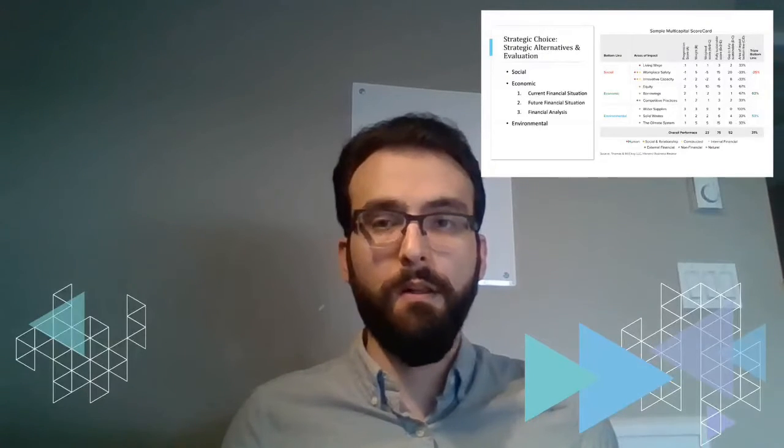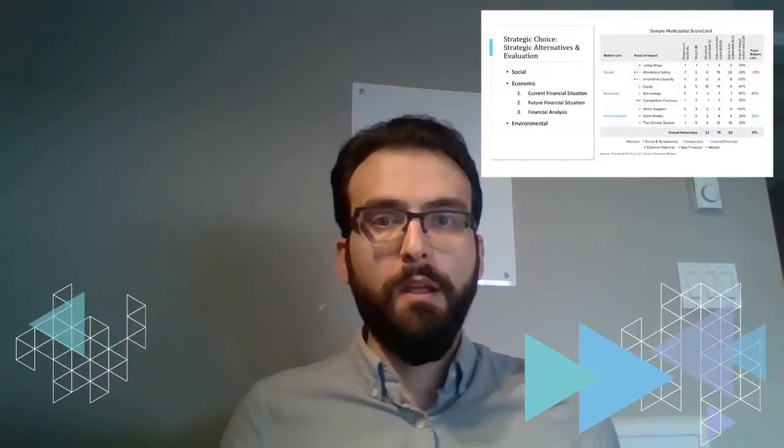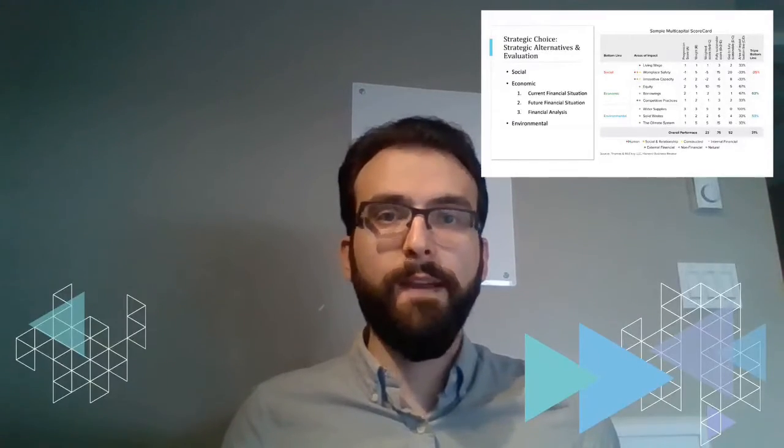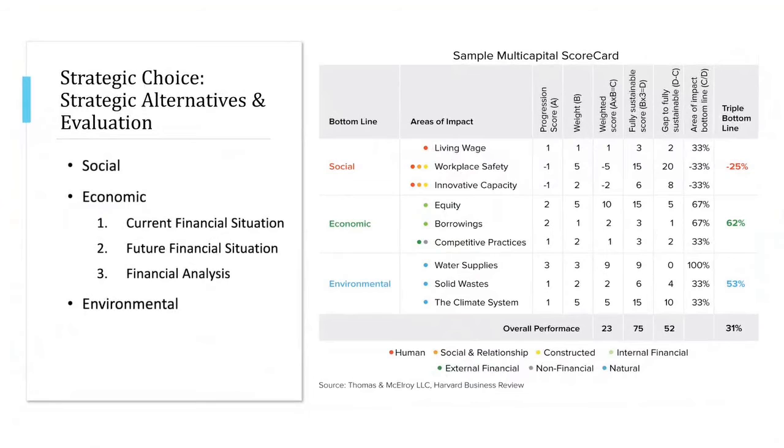To select among the alternatives developed in the previous step, we now incorporate a sustainable financial analysis framework. With the emphasis on social, economic, and environmental aspects of each alternative, a multi-capital scorecard will be used to come up with the best alternative to pursue. This will set the standard for the organization to know what to expect in coming months and years and a way to monitor the progress. As we incorporate your valuable expectations, we make sure your business is running as expected.